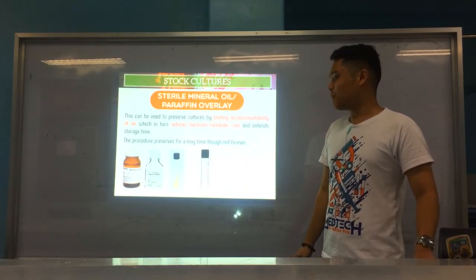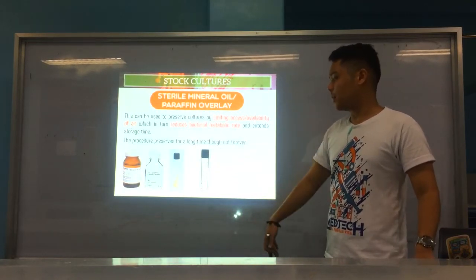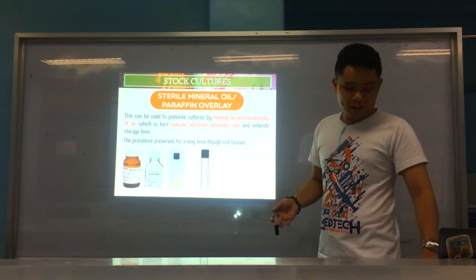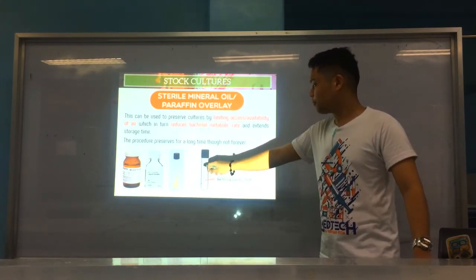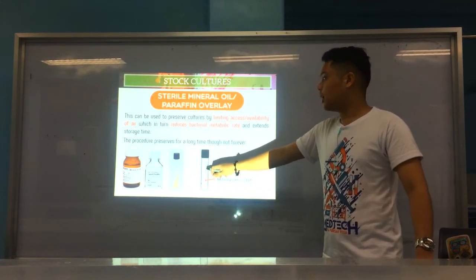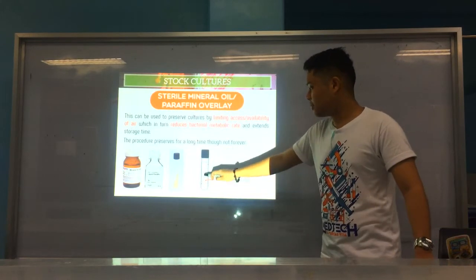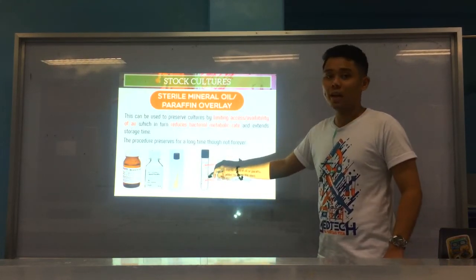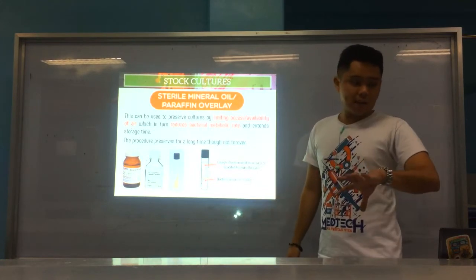So here's an example of a paraffin, a mineral oil or paraffin. So this is a slant, diba? Usually we store sa slant. Okay. Now what you do is a slant, tangan mo siya, mineral oil or paraffin overlay. So this is the bacteria na nasa slant, and then you put enough sterile oil or mineral oil to again